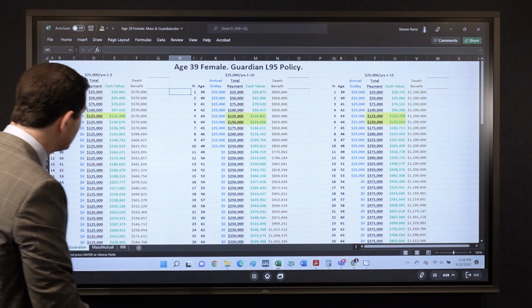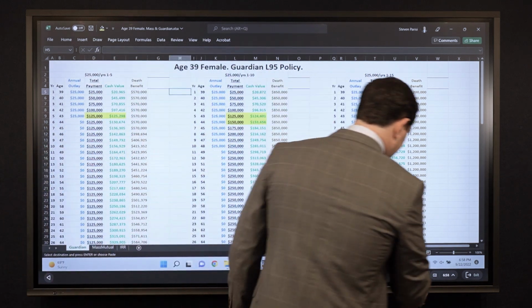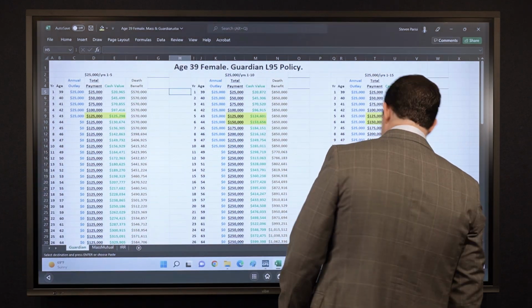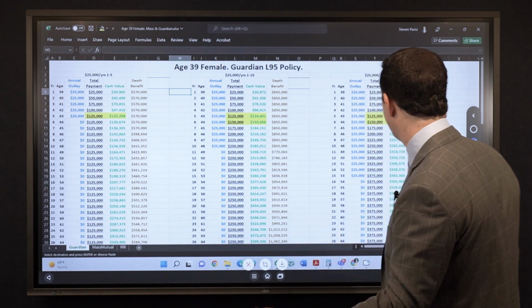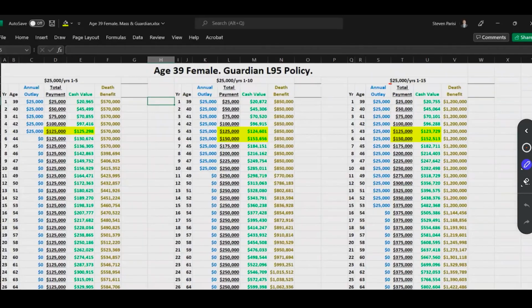So when we look at this, what's the actual difference? Well, if you're a stickler for the break-even point, like me, and I like a clean, round number to know when I'm breaking even, for example, look at the 15-year funding example. I've got a larger term rider, so because I have more insurance, it costs more naturally. And how I like to view it myself is I'm buying the ability to pay into it for a longer period of time. But that cost doesn't make a huge difference in the first year, right? When you look at it, it's $200, $210 in this example. However,